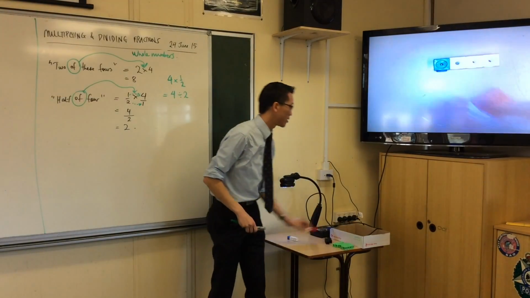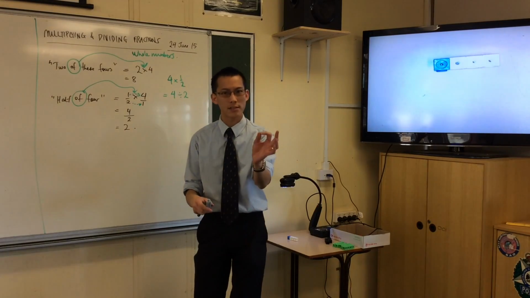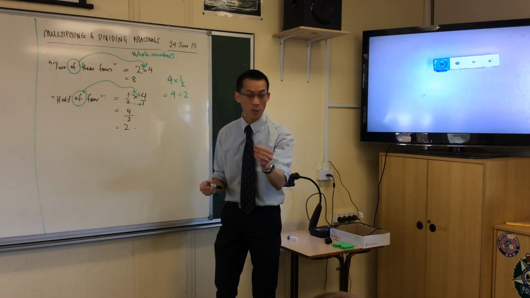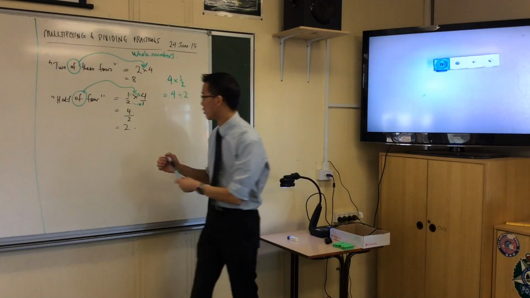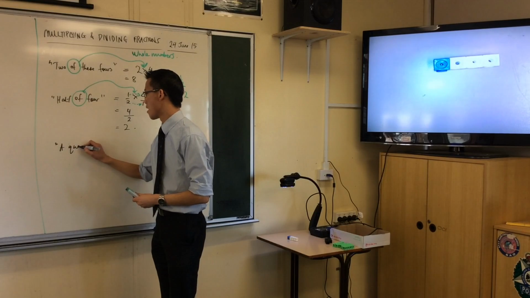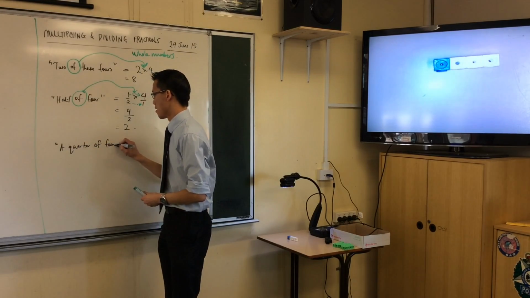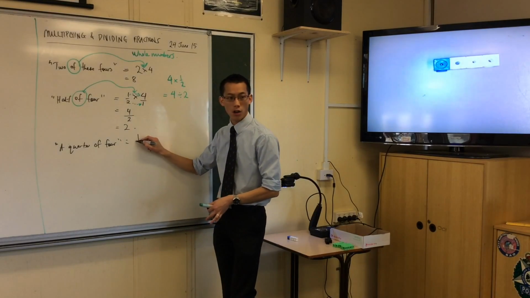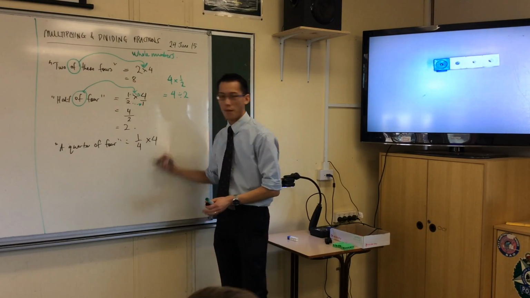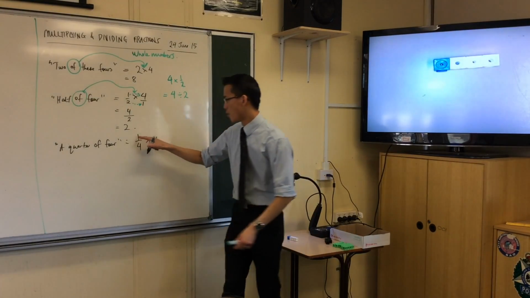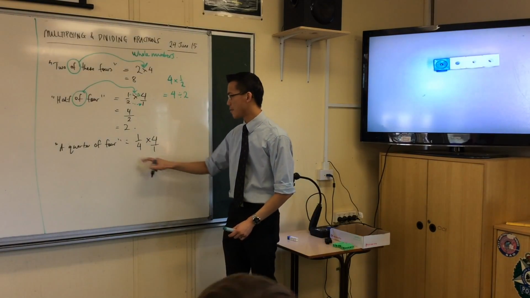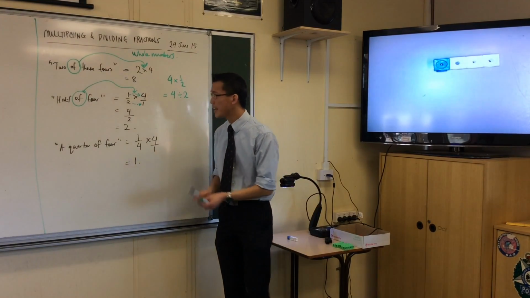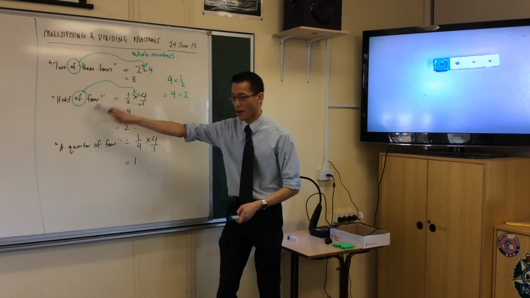Again, now have a look at this one, right? It's equally simple. Okay, how would you word this? 1 of 4. A quarter of 4. I would say probably a quarter of 4. Right? A quarter of 4, which verbally, of course, I can translate into a quarter times 4, which you already can see is just 1, right? 1 times 4 divided by 4 times 1. That's just 1. Okay? So, this key idea of multiplication,